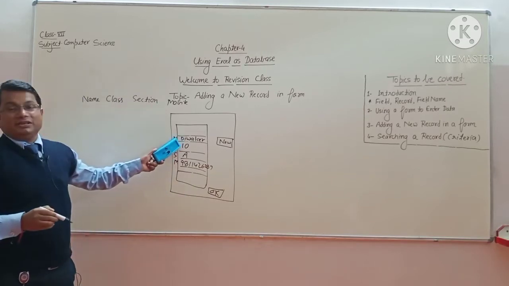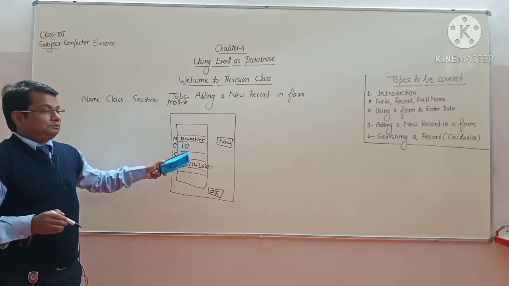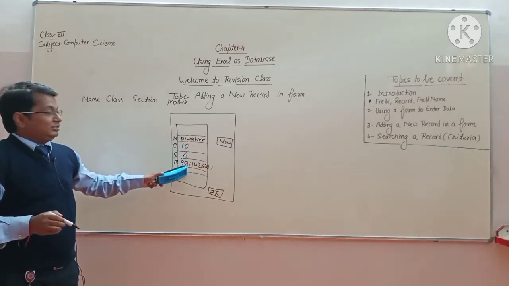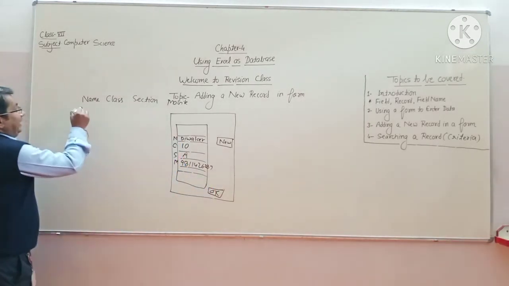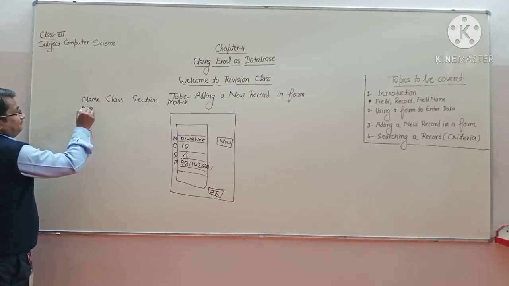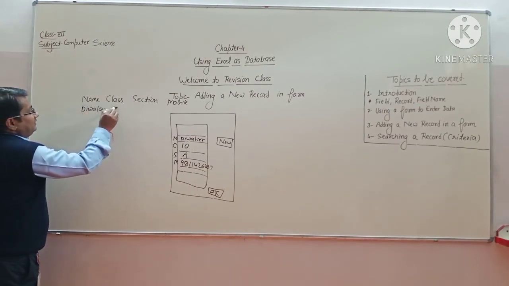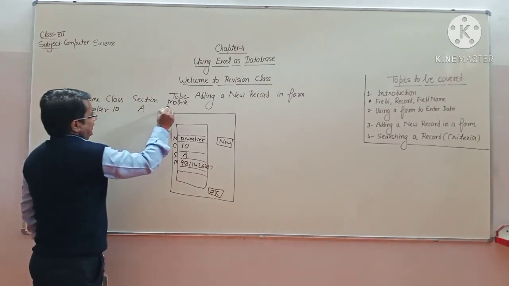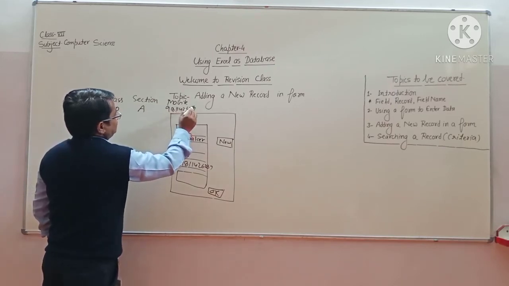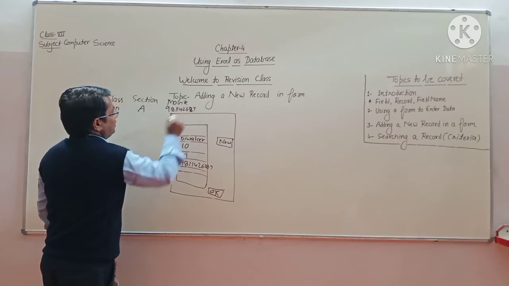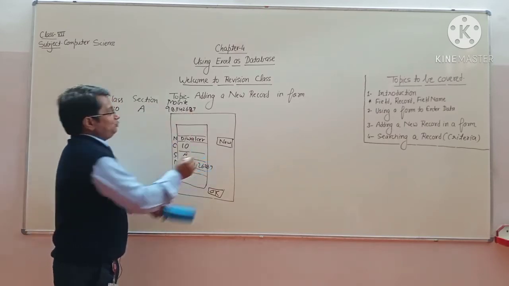Okay, so Diwakar is the name, class is 10, and section is A, and this is the mobile number. Once you click on OK, you will have this data immediately in the Excel sheet. Diwakar, 10, section, and here you will get the mobile number like this. Once it is done, again you have to, there is one button